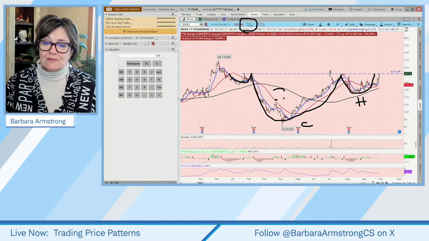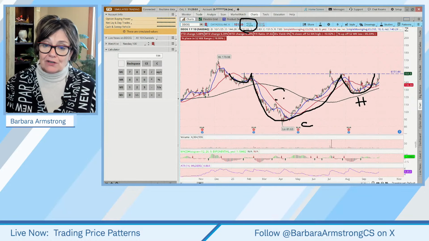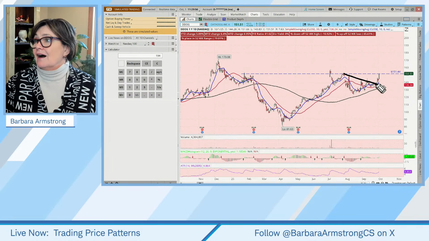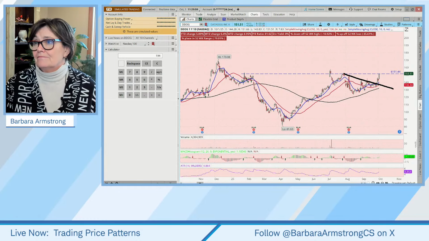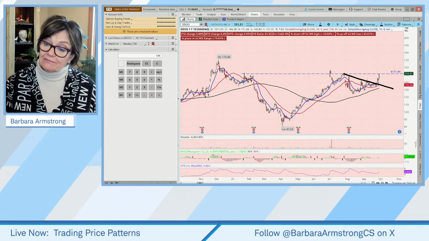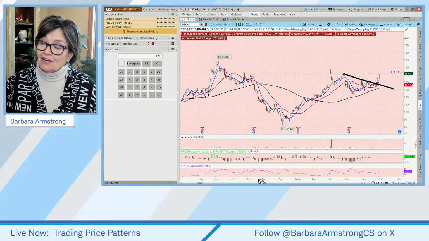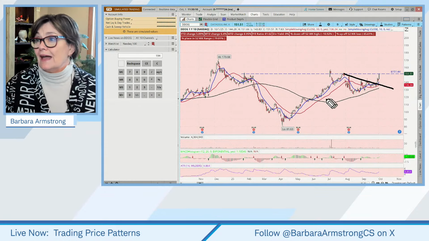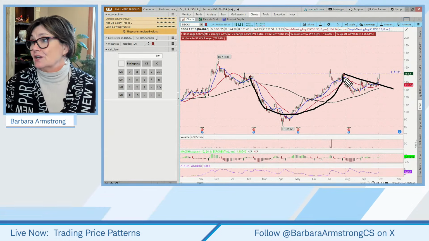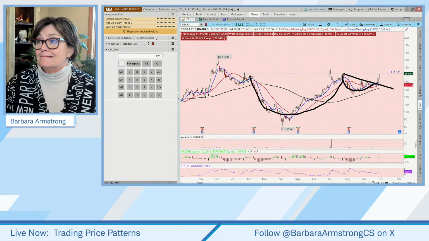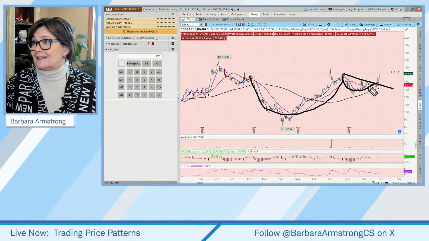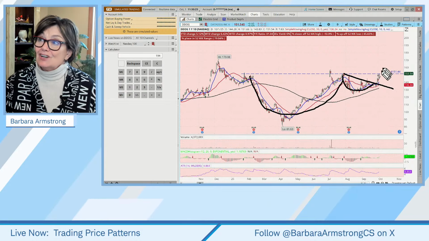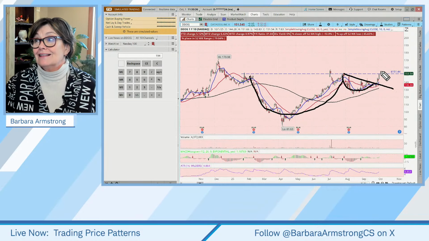You can see things however you like to see them, but here's what I'm seeing. I'm seeing a diagonal resistance breakout, and if you want to look at it that way, then you're in. Others will say, no, and here's the deal. With every single cup and handle pattern, by definition, there's going to be a diagonal resistance breakout, because this pattern has come down and it's got to cross a line somewhere. So you could just say, this could end up being resistance until I see it come up.